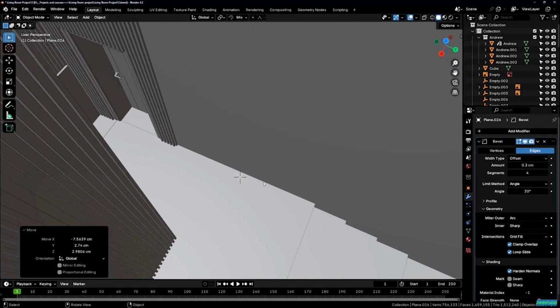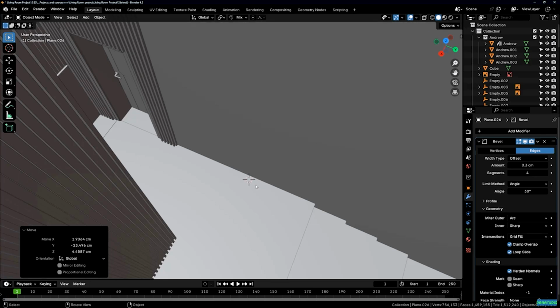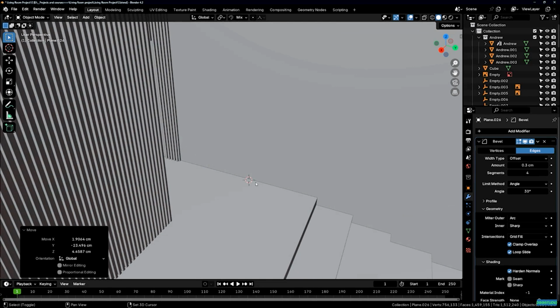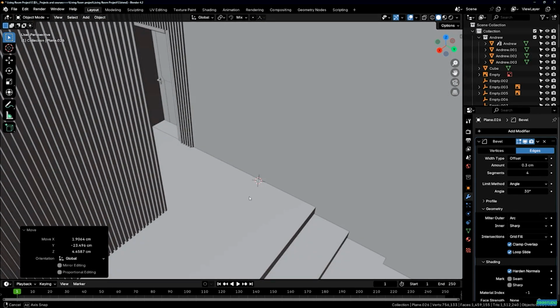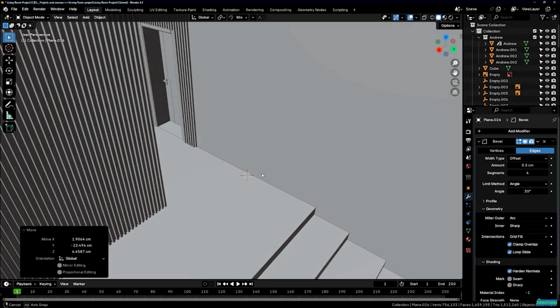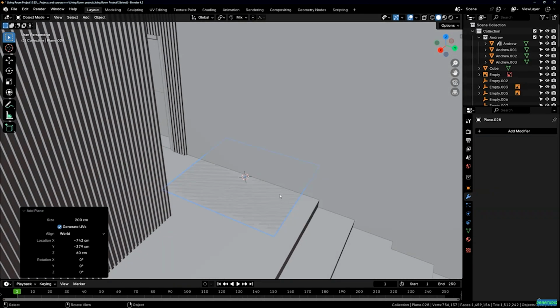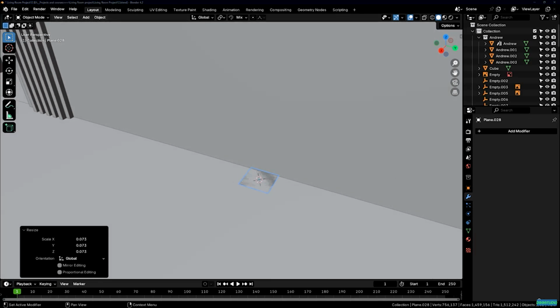Hit Shift A to add. After putting the 3D cursor over here, hold Shift, hold right click and move the 3D cursor, and now it's stuck on the ground like that. All right, hold Shift and right click and now it's on the ground. And let's add a plane and let's scale it, make it small like that, and let's try to understand what's